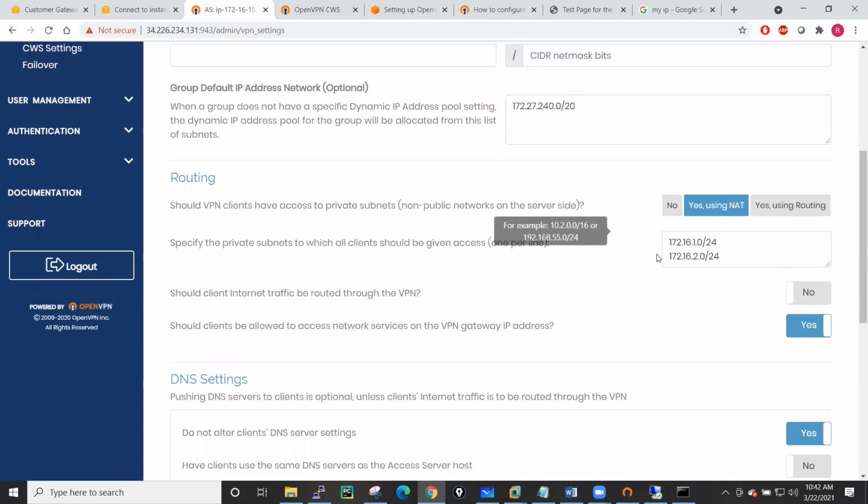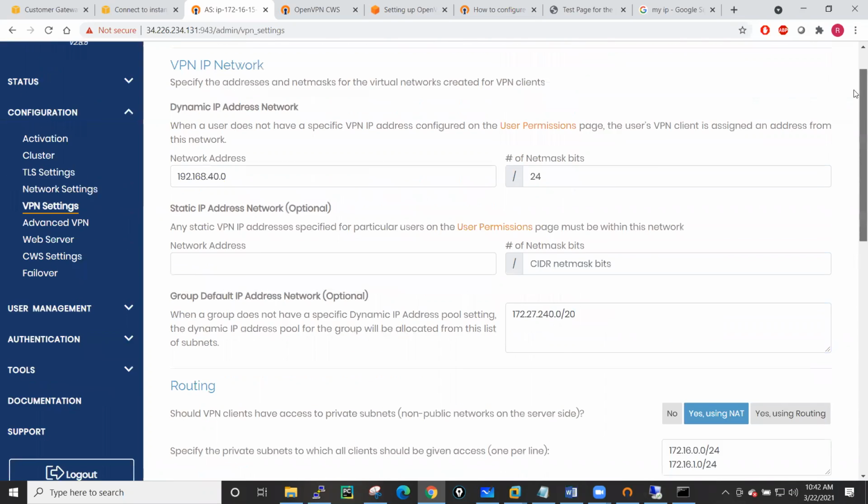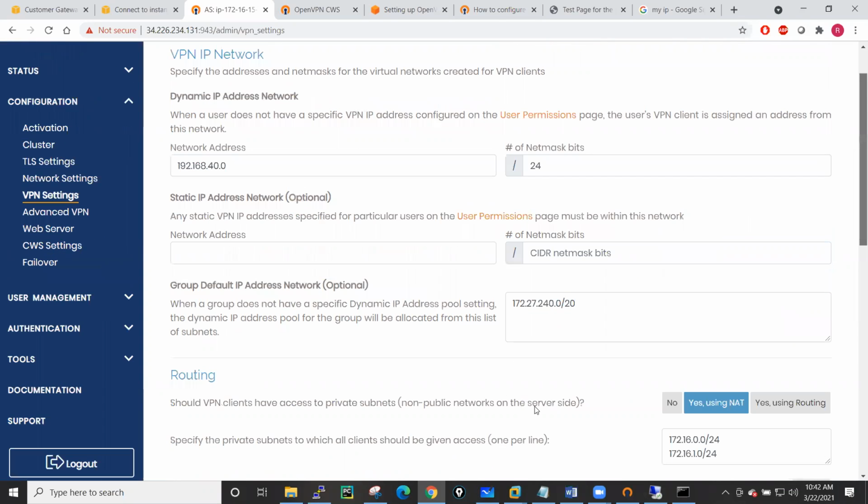You can also specify 0.0.0.0, which means all traffic of your user will go through the VPN tunnel. If you want, you can also specify this tunnel all kind of settings, but I will not specify this, otherwise I will also get disconnected from you guys. What I want, because all of my machines are in this subnet only, on this one 1.0/24, so I will just define these two subnets. This is your split tunneling, guys. Save your settings